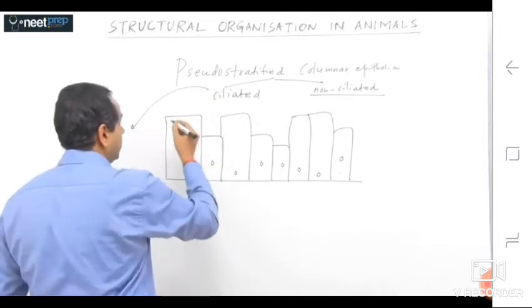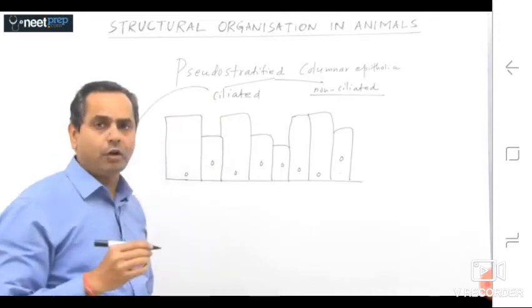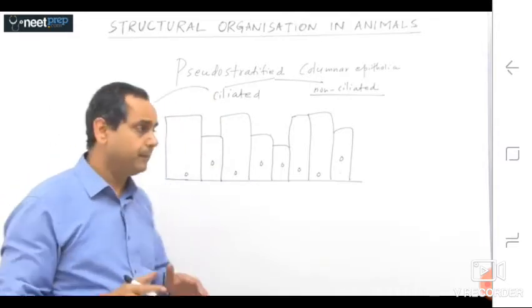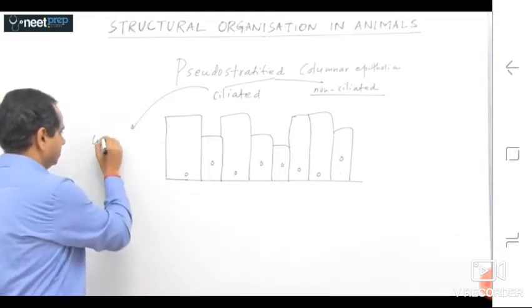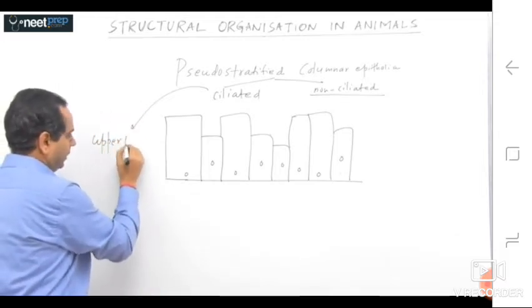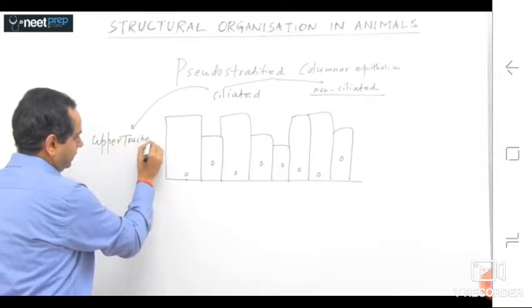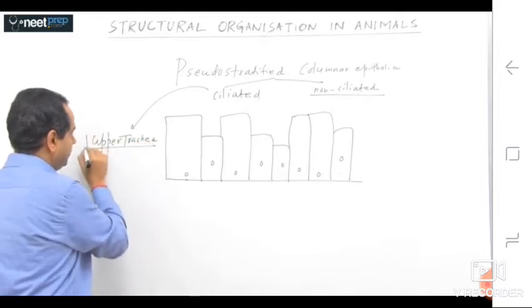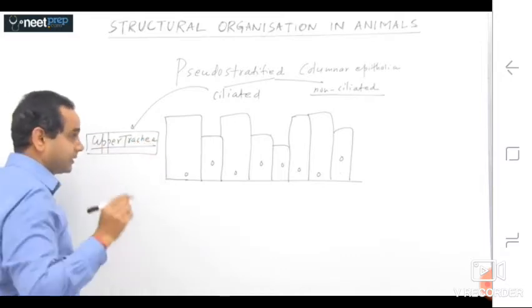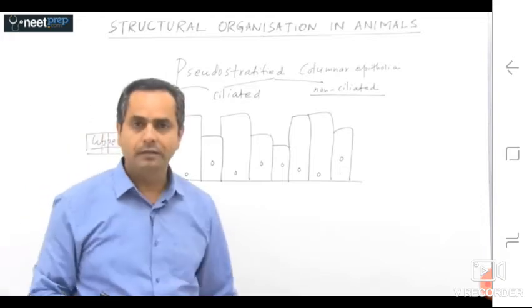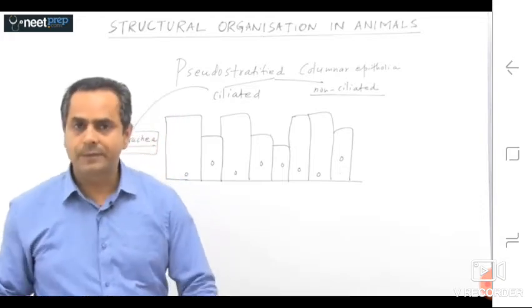Ciliated pseudo-stratified columnar epithelia may be present in upper trachea. Upper trachea contains pseudo-stratified ciliated columnar epithelia, and the non-ciliated one is present in